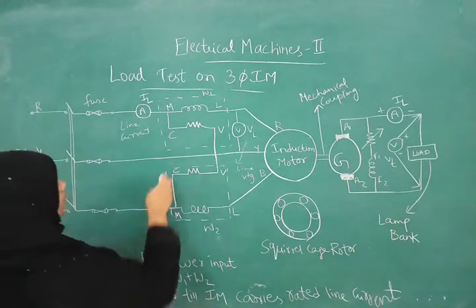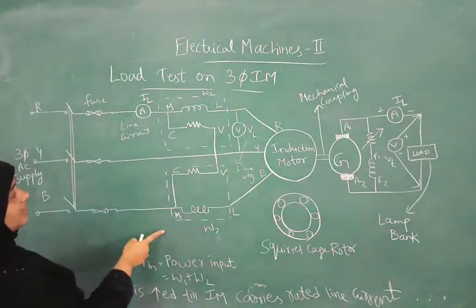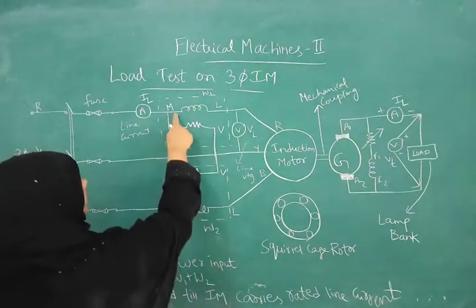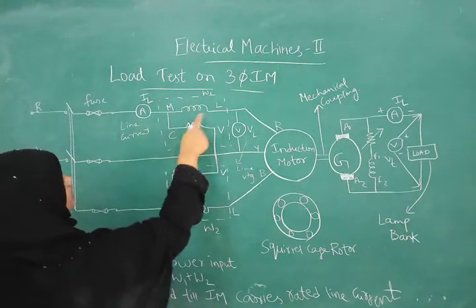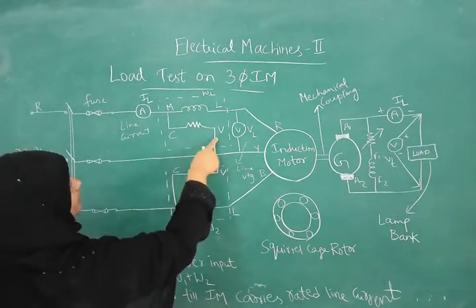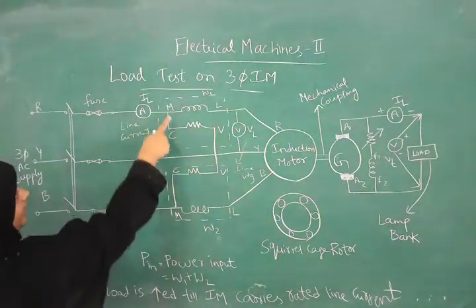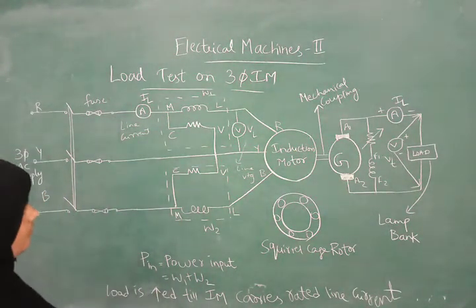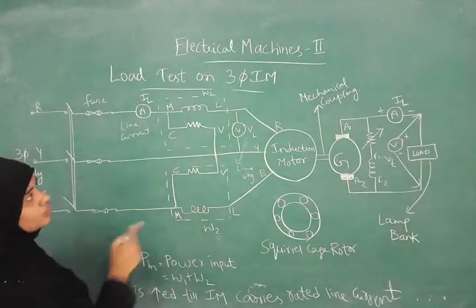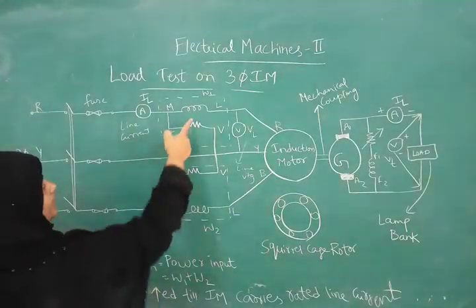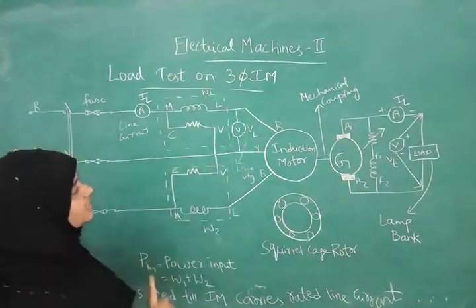Now, using the two wattmeter method, we are connecting two wattmeters here, W1 and W2, with the M, L, C, V terminals, that is main line or main load common volts. These are our two wattmeters. So input power will be equal to the addition of these two wattmeters: P input will be W1 plus W2. Line current is IL and line voltage is VL.